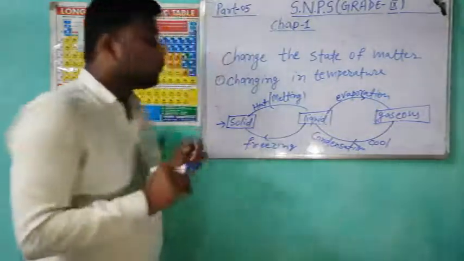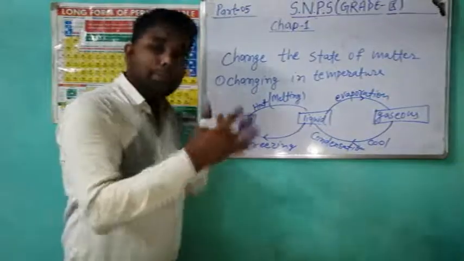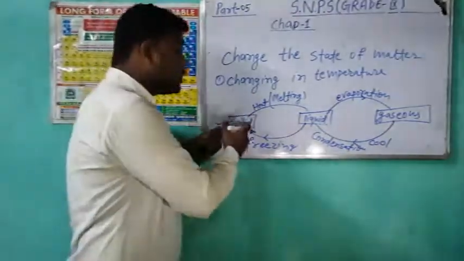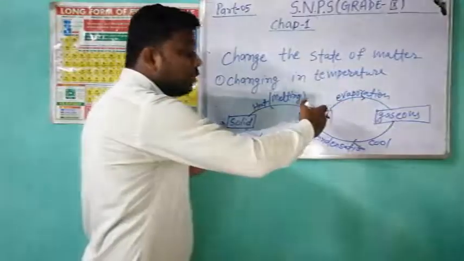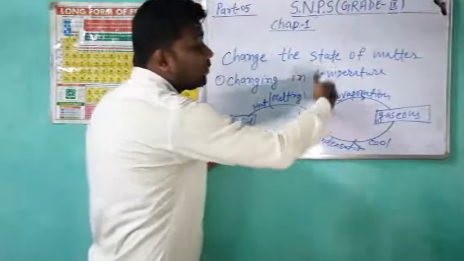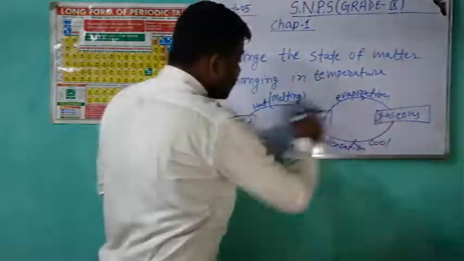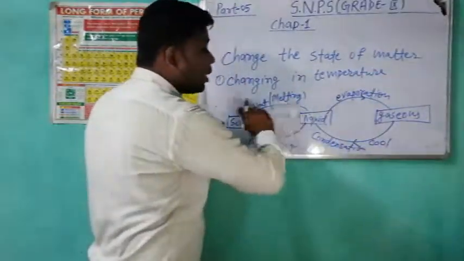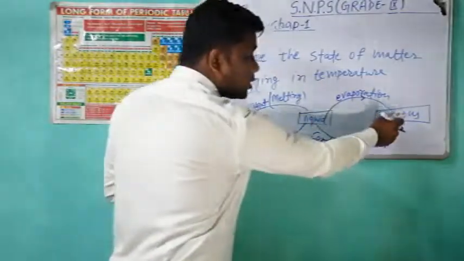This is called freezing. This is a very simple process. When we heat a solid, it is converted into liquid. When we heat the liquid, it is converted into gas. This process is called melting. This process is called evaporation. And